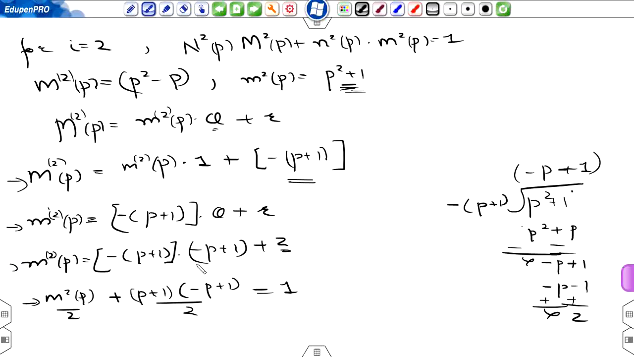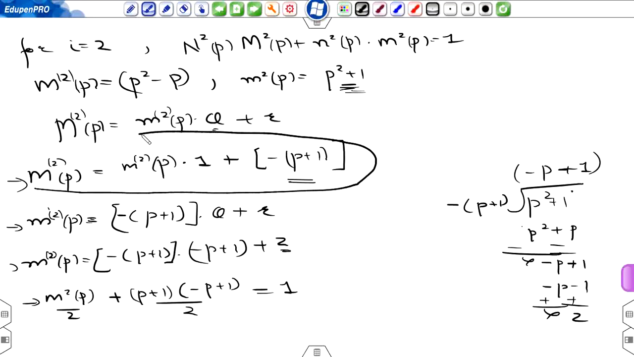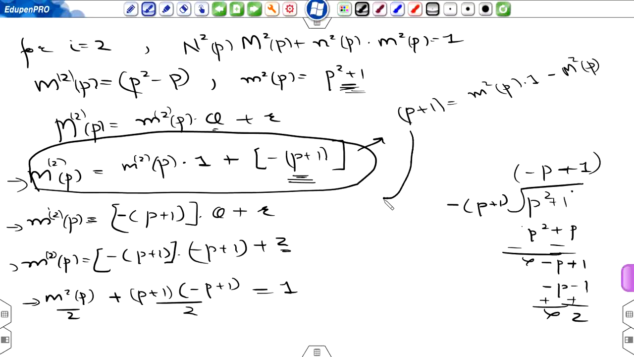Okay, now from this equation, I can substitute the value of this p plus 1. So from this I can write p plus 1 as m to p dot 1 minus capital M to p. So substituting this value into this equation, I have